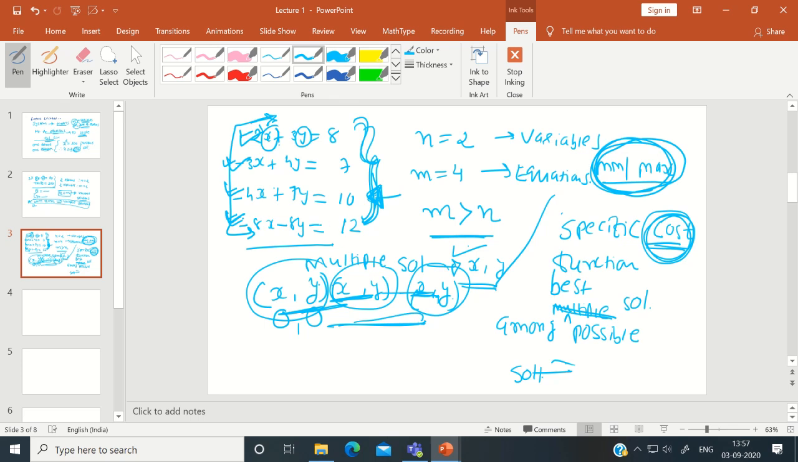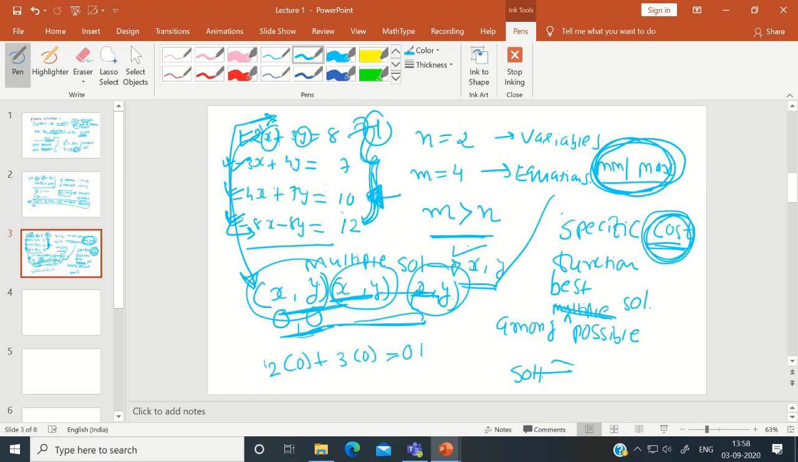So this is my possible solution. Now I want to find whether this is the optimum answer or not. As I told earlier, this possible answer should satisfy each and every constraint. So in equation 1, replace x by 0 and y by 0. Ultimately you will obtain 2 into 0 plus 3 into 0,